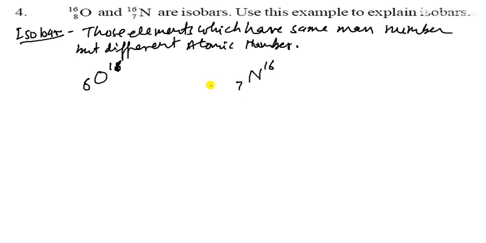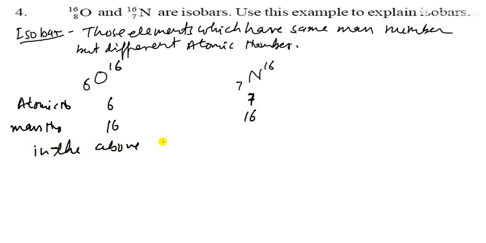Yes, now what will happen? The atomic number you can write here, it is 8 and 7, so it is different. And the mass number, it has 16 and it has 16, so you can write here: